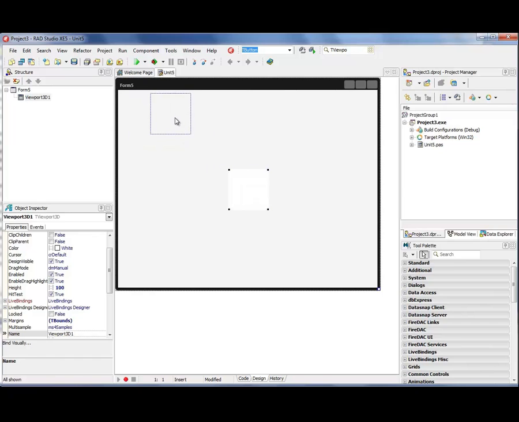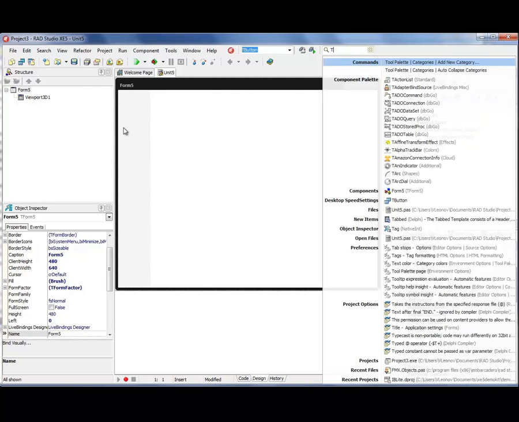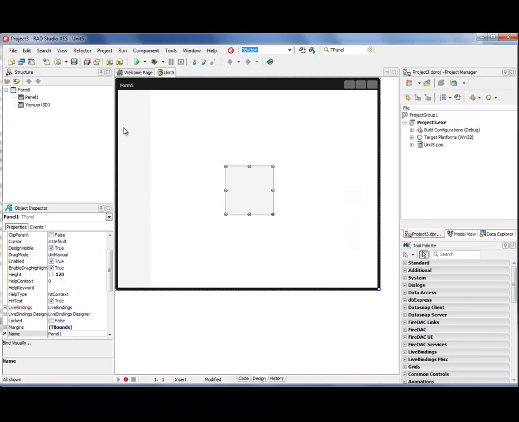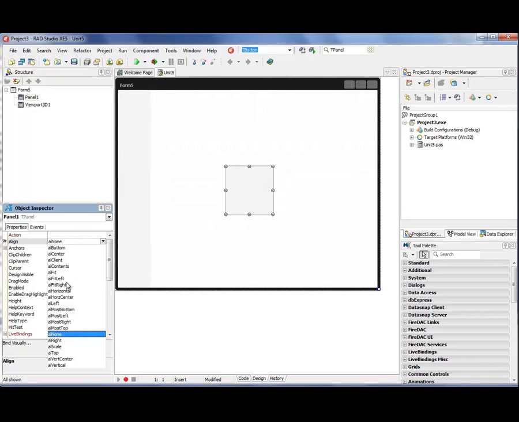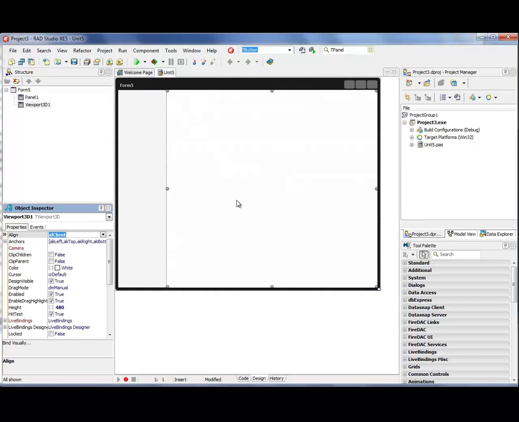You can easily combine 2D with 3D if you are using the Viewport3D component and a panel to locate 2D controls like buttons, edits, checkboxes, etc. Then we need to align the panel to the left and the viewport to client.